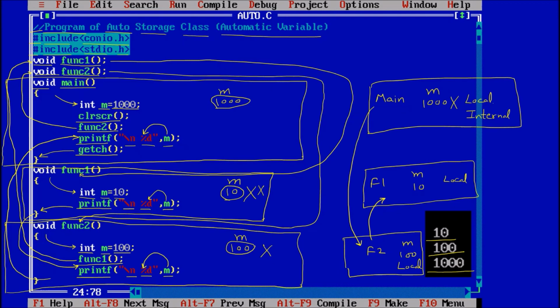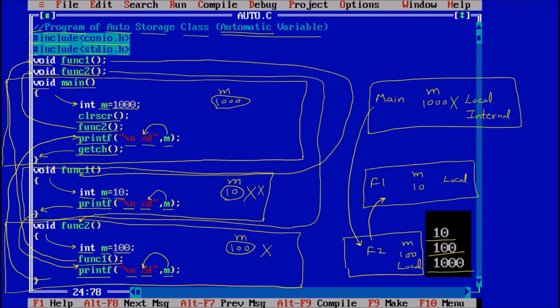And one more thing, automatic. Automatic means once we call the function, they are given memory and declared, and once we close that function, they exit automatically. That's why they are called automatic variables.